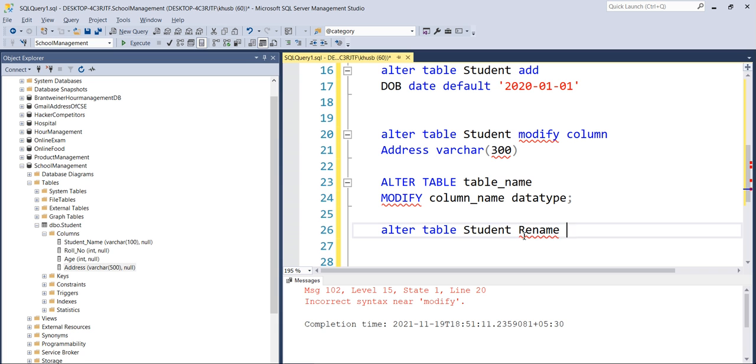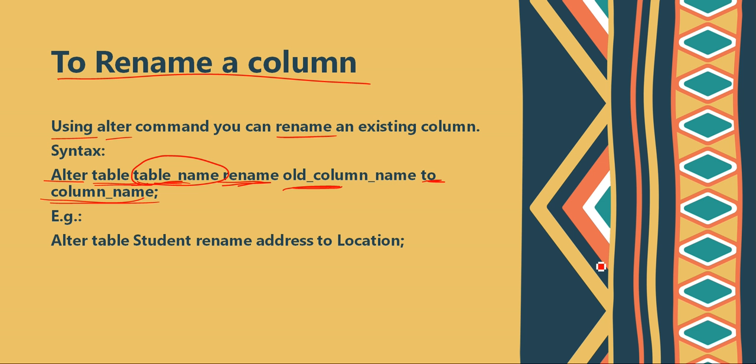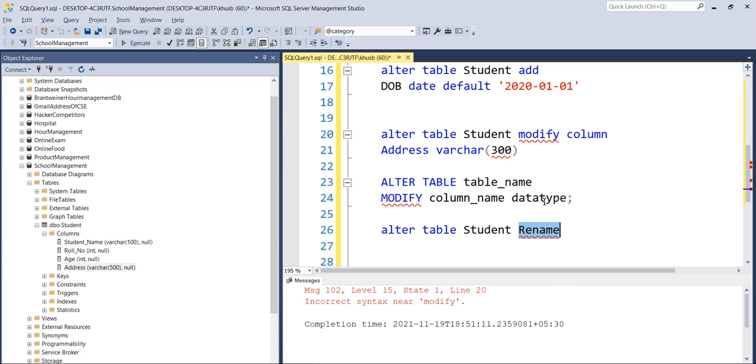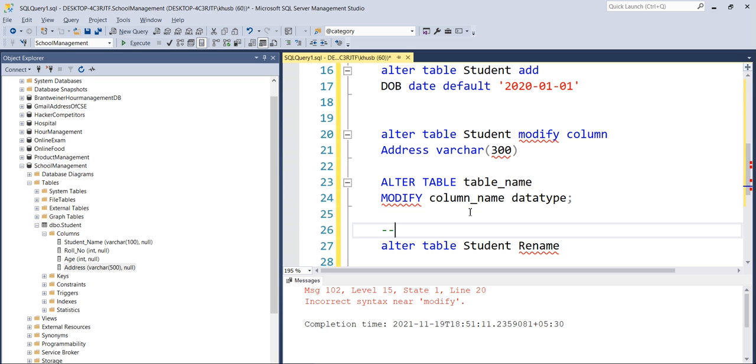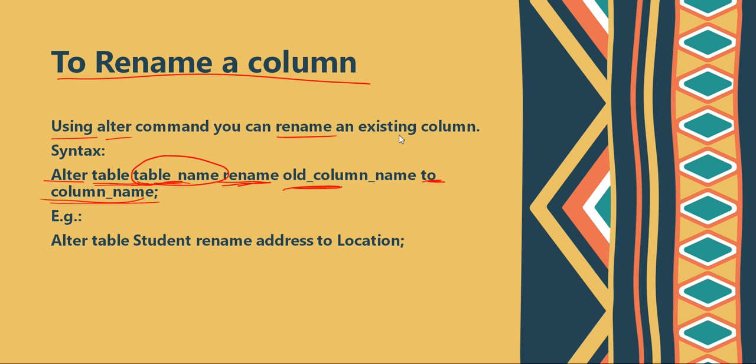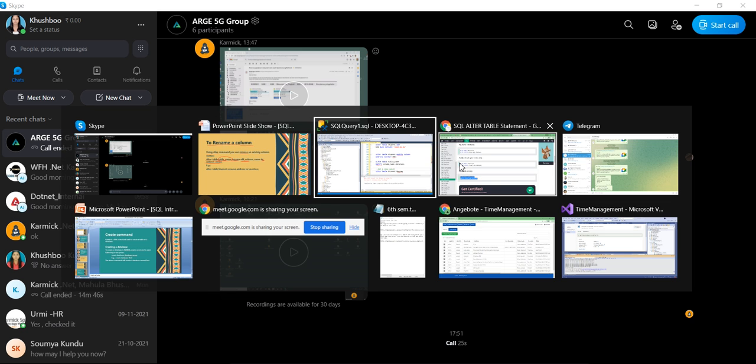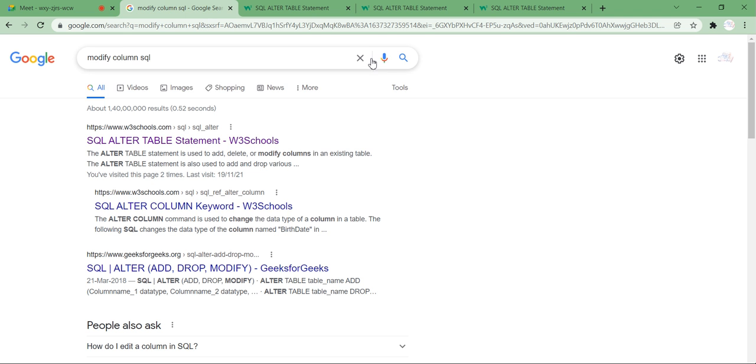Actually, all the keywords are not identified by my MS SQL. There must be some setting issues with my MySQL. No. SQL is not a case sensitive language, meaning you can write in small letters, upper case, or anything you want. It is not case sensitive. Very important. Not case sensitive. So what we can do is go online, because there might be a problem with my tool.